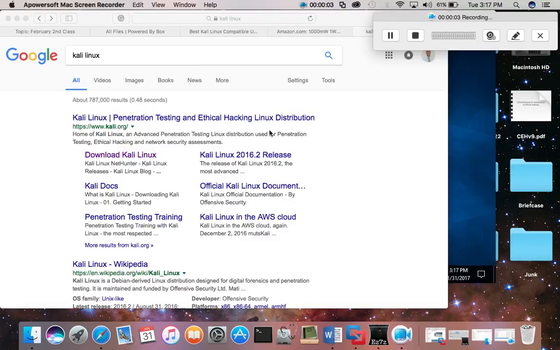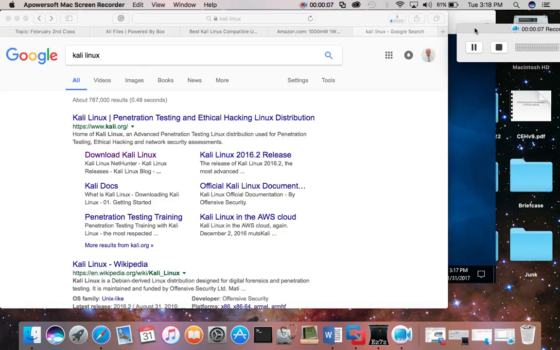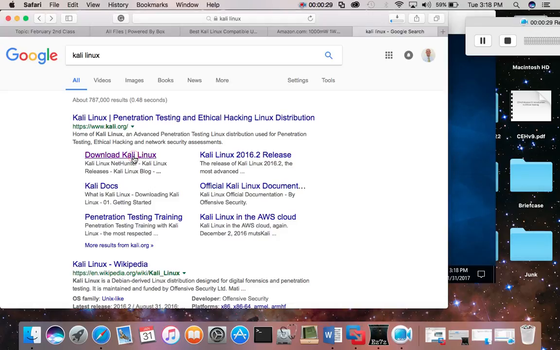This video is to show the students basically how to install Kali Linux onto either an Oracle VirtualBox or through the VMware player. So first thing you want to do is go into Google and type in Kali Linux, and then you'll see a link here. It should be the very first one. It says download Kali Linux, and if you click on that,